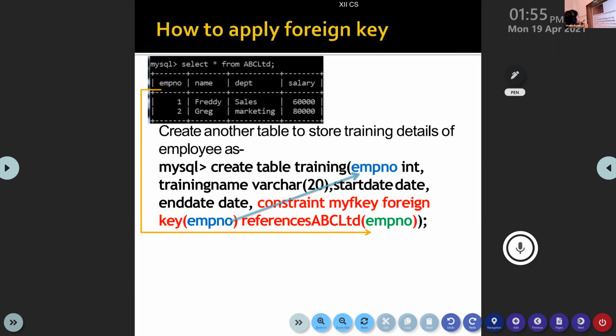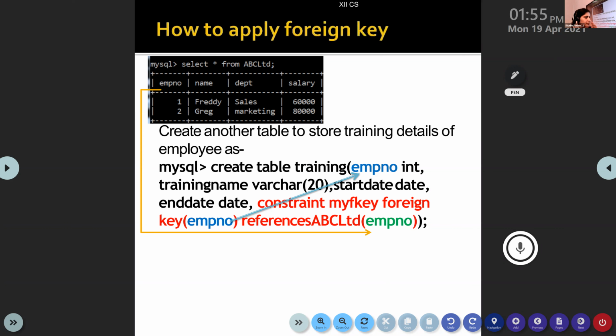Okay. Now, next thing you're going to do is create a table called training. A table called training. And training doesn't have any primary keys. It has only a foreign key as EMPNO. So this particular table is created in order to link between ABC Limited and training table. So here the first column name is EMPNO int. Actually, this EMPNO is not the attribute of this particular table.